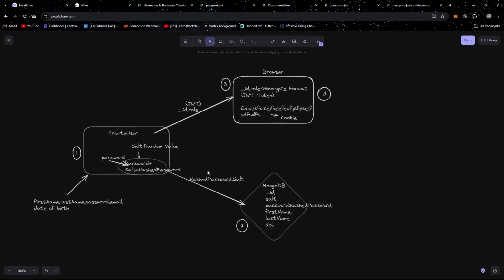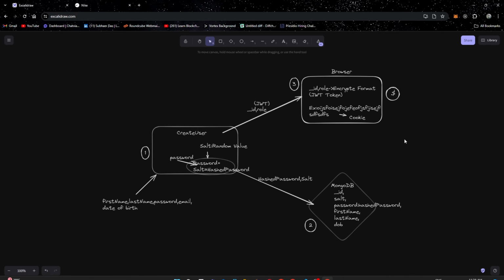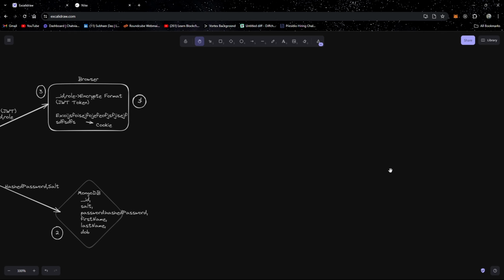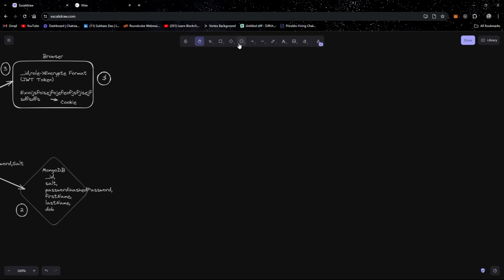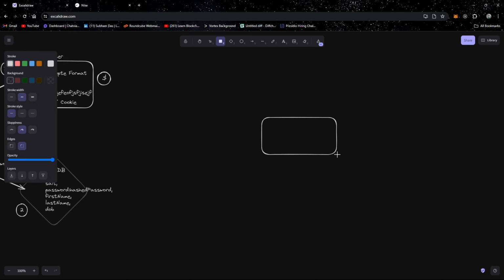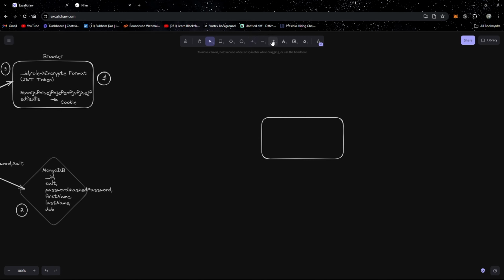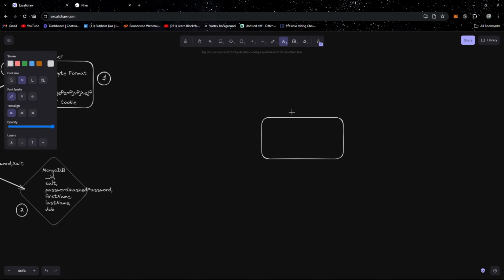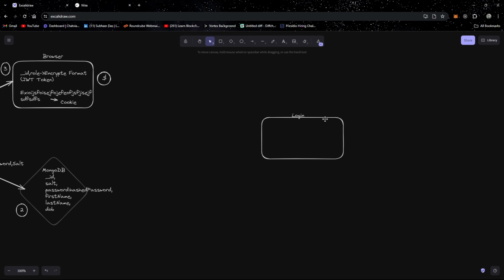Third part is completed. So this part is completed. Now we are going to make the login part, and for the login part, initially we are going to use a middleware. But first, let's say this is the login function. Okay, so this is the login function, and we can do login from here, but we are